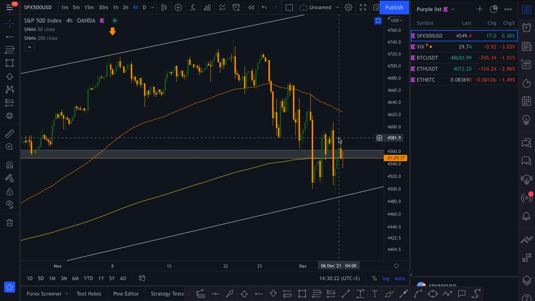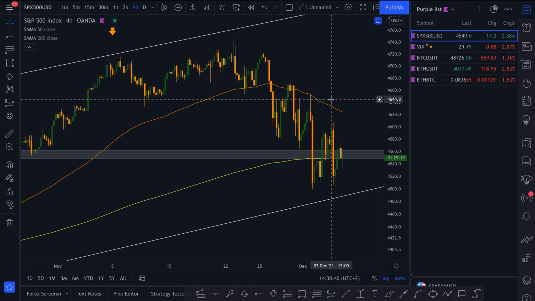So everything pretty much is closely correlated when it comes to cryptocurrencies to equities because they represent consumer confidence in the market. Now, there is a way that this correlation can be undone, which is in fact in the scenario that an alt season is starting, which I'm going to talk about at the end.